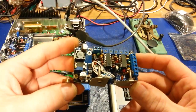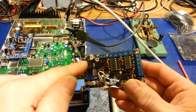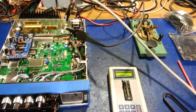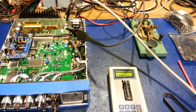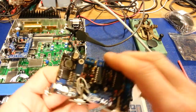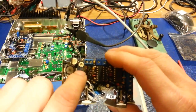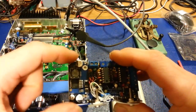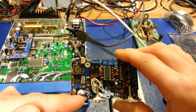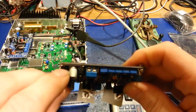Now this is a DC to DC converter board here. It looks like he actually buys these boards. I've got to lift it up here to my face. I think somewhere on here. I was thinking, maybe not. Maybe that was somewhere on his website. I think I saw on his website, or I saw a picture somewhere of another one of these where it had a logo on here. I get the feeling he buys these DC to DC converter boards,